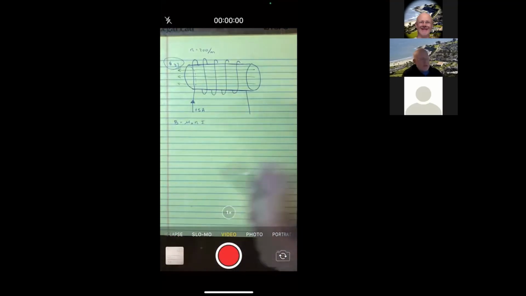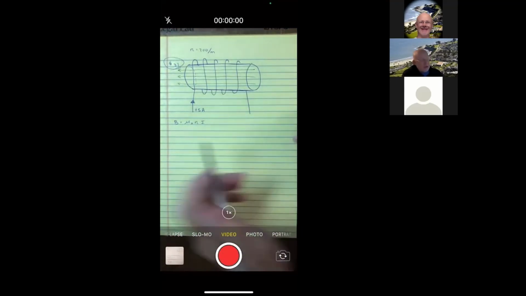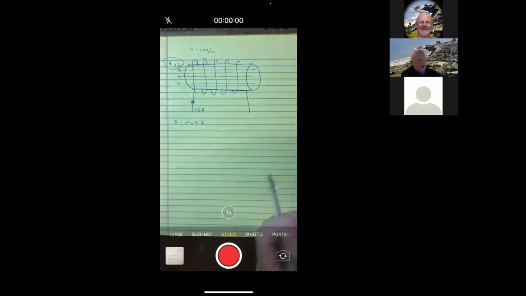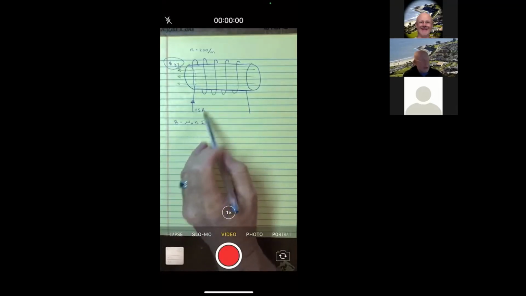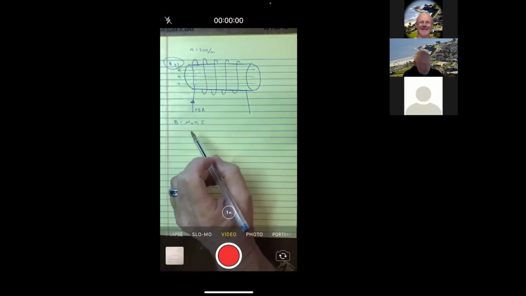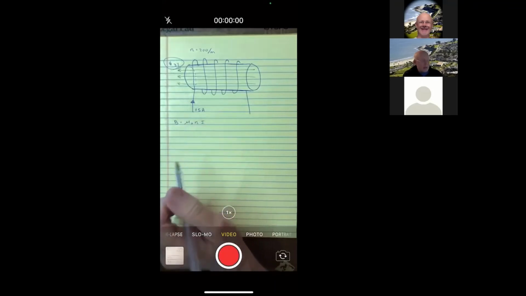So everything I've said so far is me kind of drawing a picture and an equation of chapter 30. So I'll call this old stuff, although it's only a week old. So I'm sure you're still kind of struggling with it and trying to remember all these equations. And that's why I didn't derive this equation. I'm not going to do, unless somebody wants me to, and go back to Ampere's law and derive it